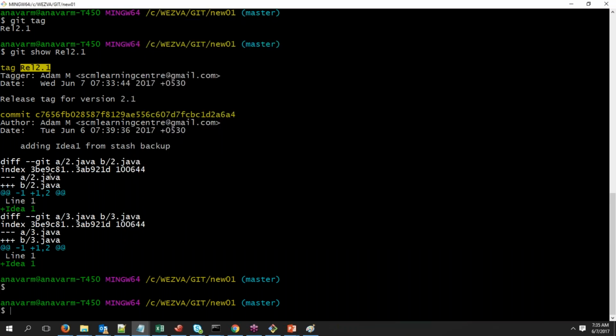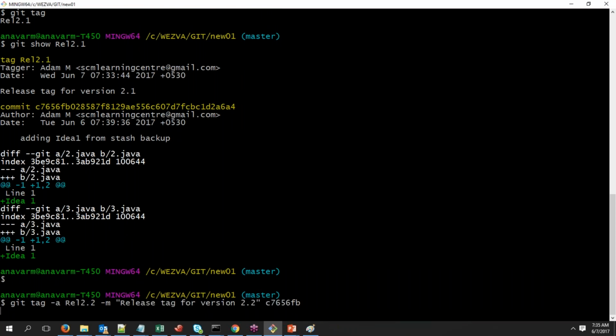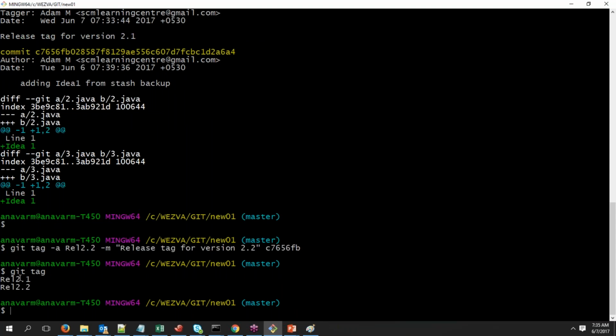Now, let's say I want to create another tag and apply it for the same commit ID, because both of them are going to point to the same commit ID. But I cannot apply the same tag to another commit ID, which means now